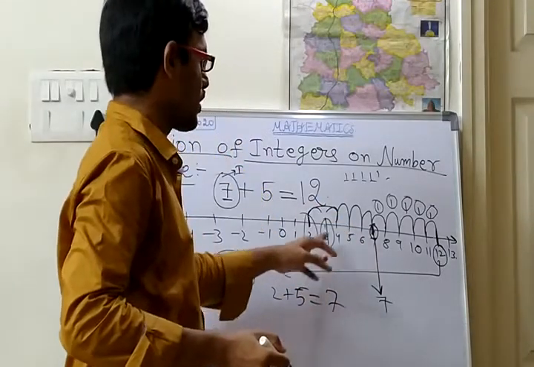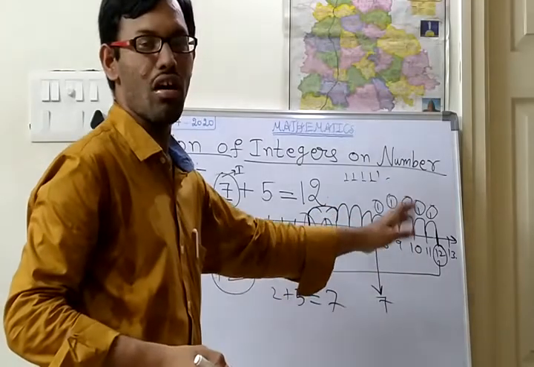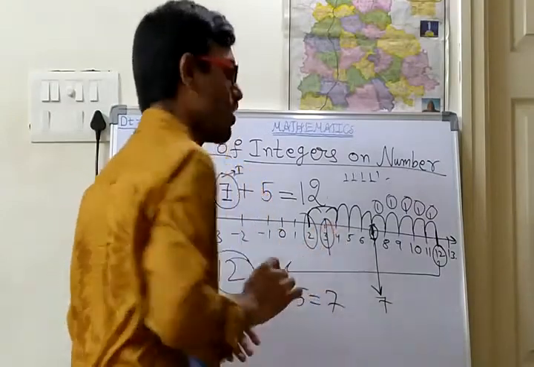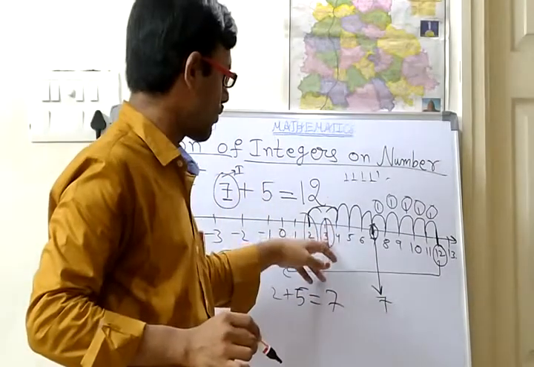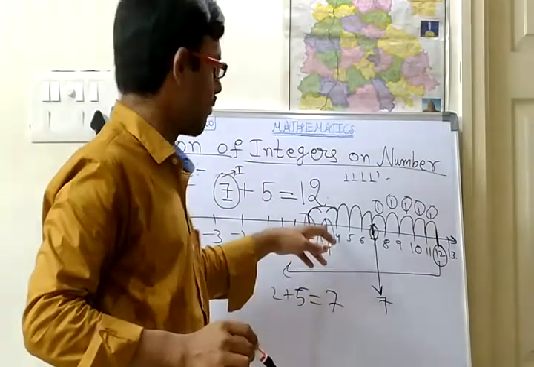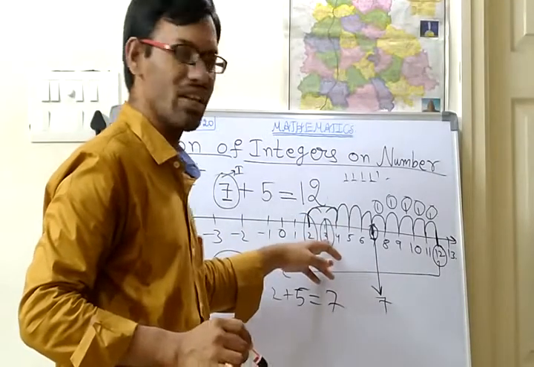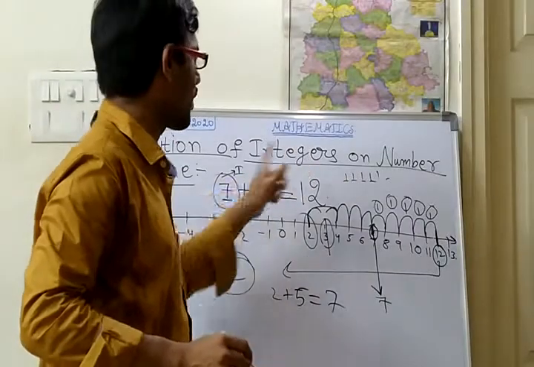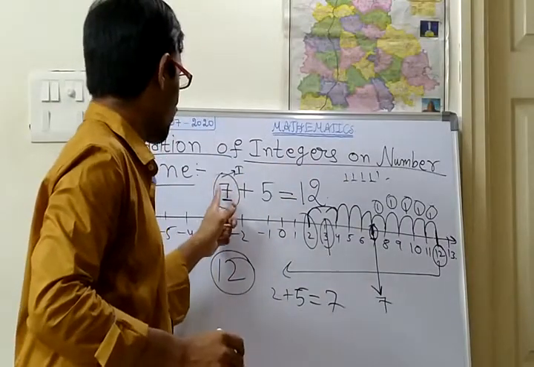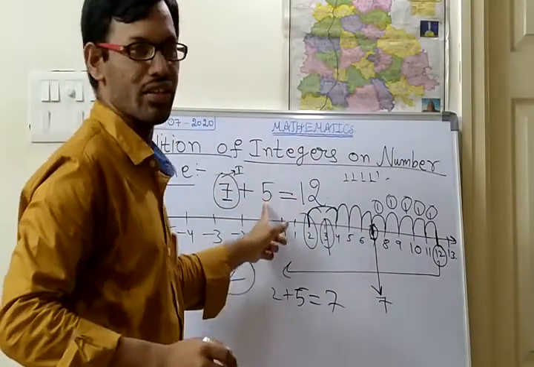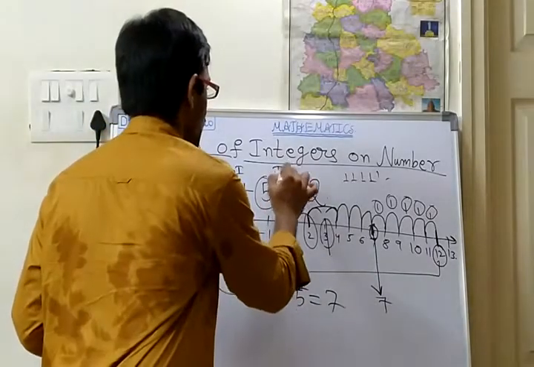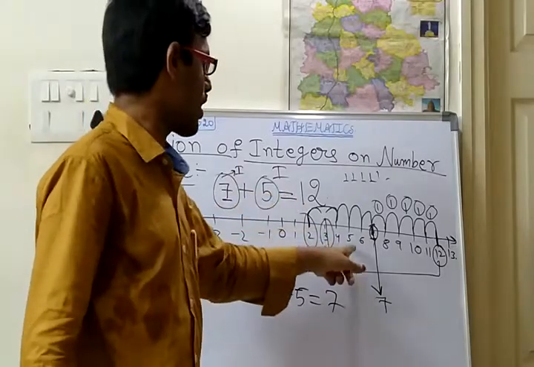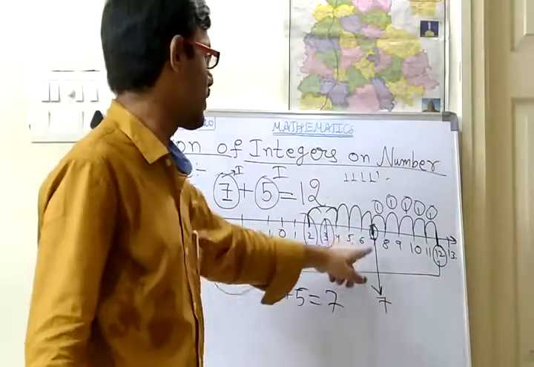If you leave 3, it will give the wrong result. Why are you not supposed to skip this number? Because the number 3 is also one of the integers. Here, addition of integers on the number line, we are adding one integer to another integer. These two are integers only. That's why, integer to integer, we are not supposed to leave any integer.